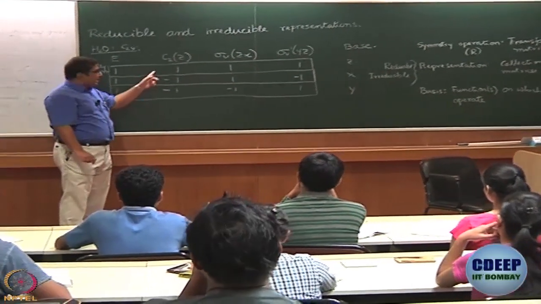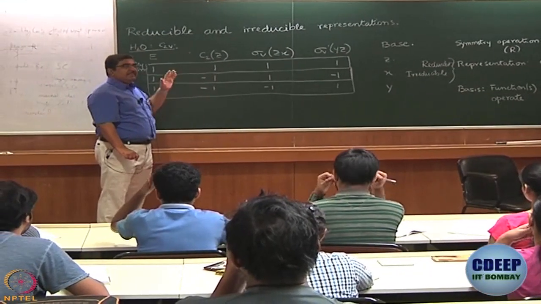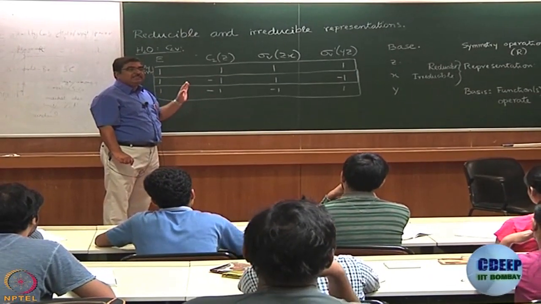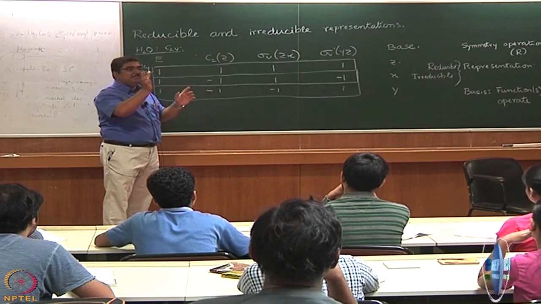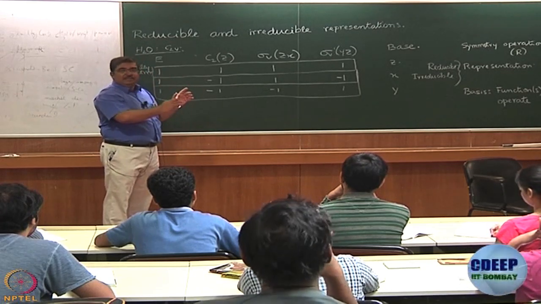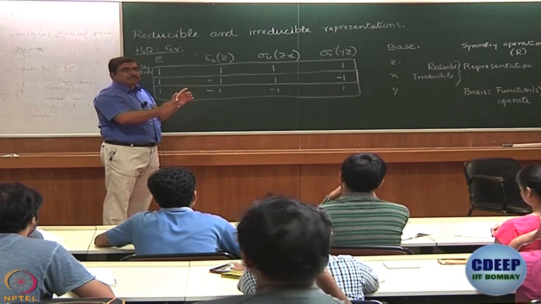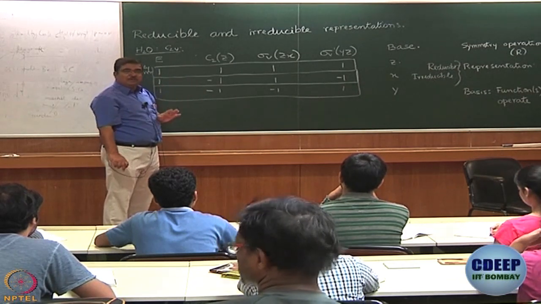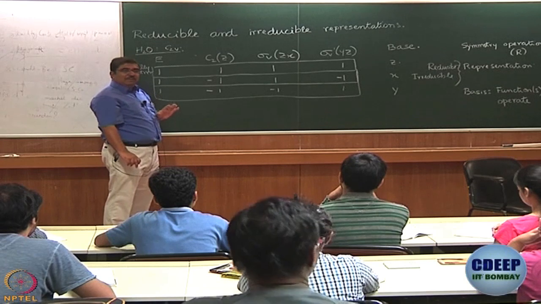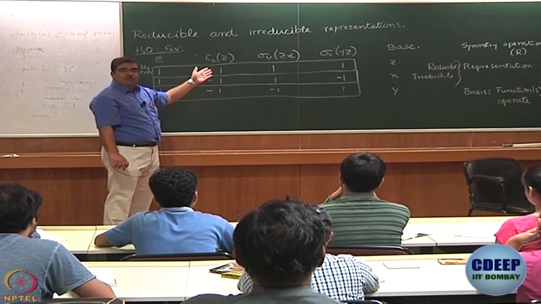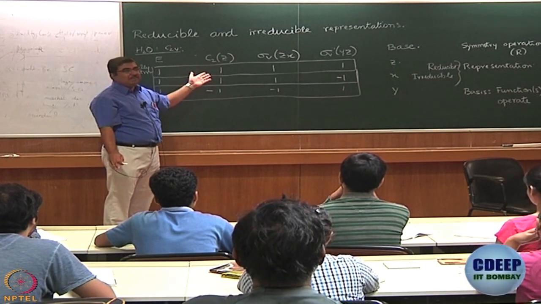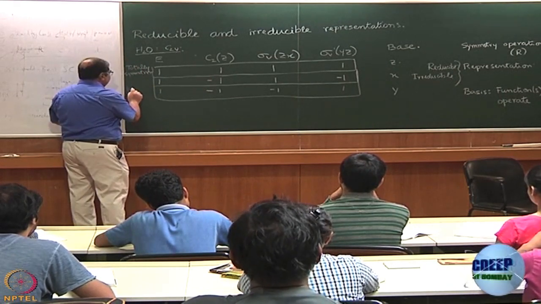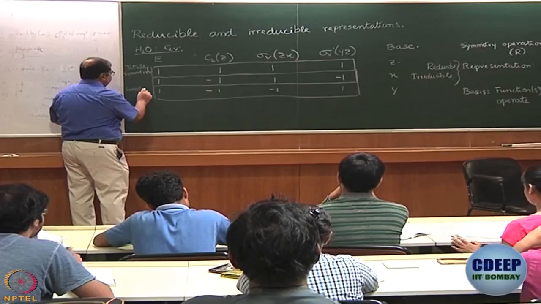Now, take any of these representations. Is it possible to decrease the dimensionality of these representations anymore? Dimensionality means how many by how many elements the transformation matrices are. These are all numbers, right. Number means 1 by 1 matrix, you can call it that, right, 1 dimensional matrix. Is it possible to go down to half dimension or something? No, right, does not make sense. So, these are your irreducible representations.